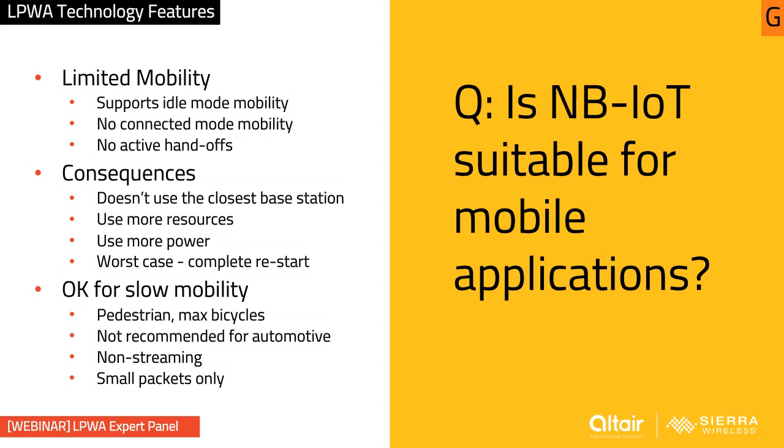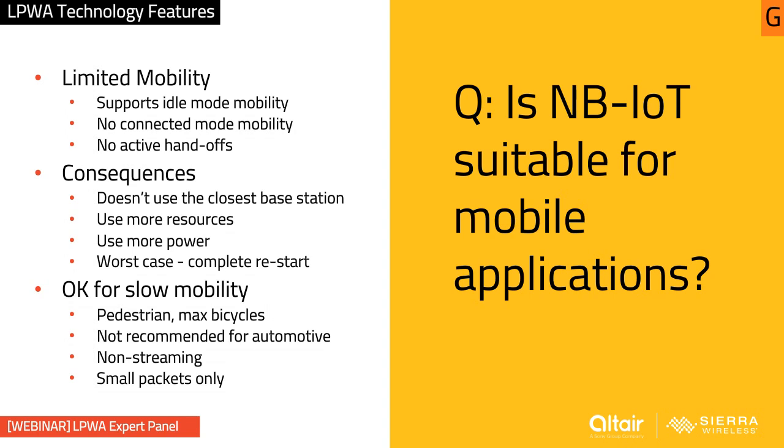One of them is that you end up using a lot more network resources because your coverage is limited, because you're so far from the base station. This can be quite dramatic, like hundreds of times more resources. And the same with power consumption, because you're having to go past that link budget, it takes a lot of power. In the very worst case, when you end up dropping the connection completely, you end up having to restart the whole transaction. So you might be 90% done with your transaction, and the way the network works is you actually end up having to start from scratch.